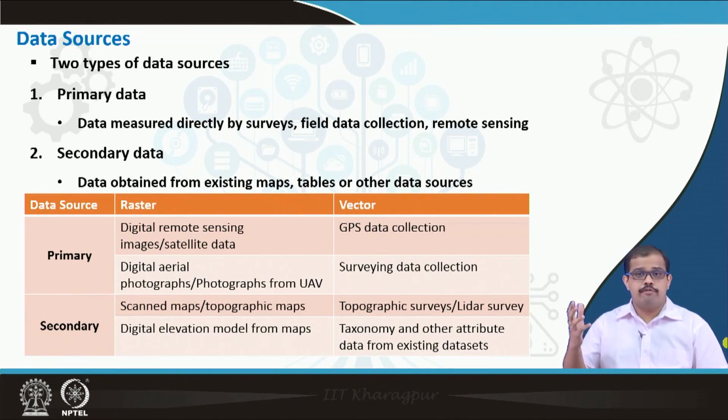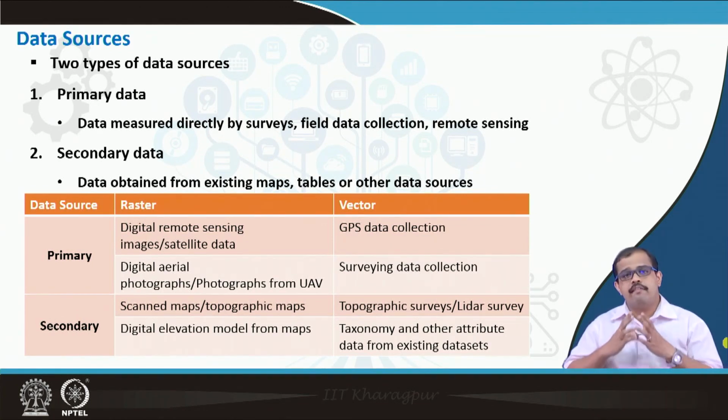With the advent of UAVs, your surveys and field data collection have become extremely easy. The only thing is that the government has probably mandated the use of licenses for UAVs in specific regions only. So primary data collection has become extremely easy, but if you have primary data, then your data model representation